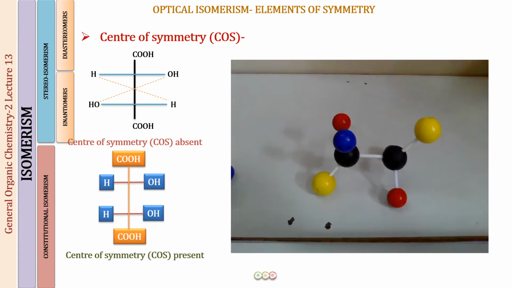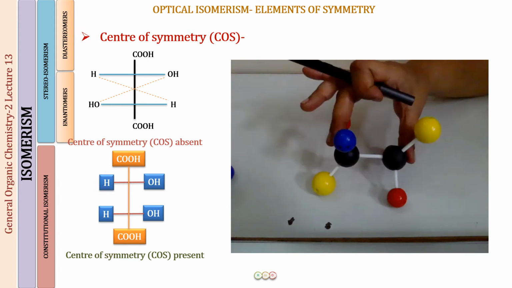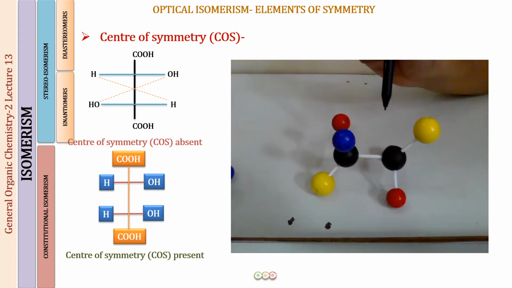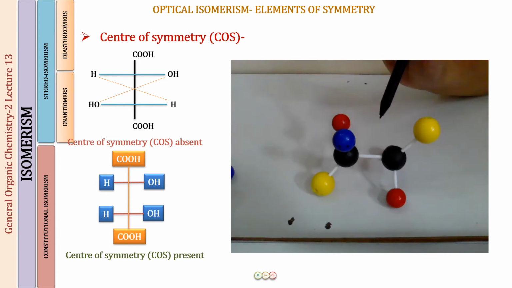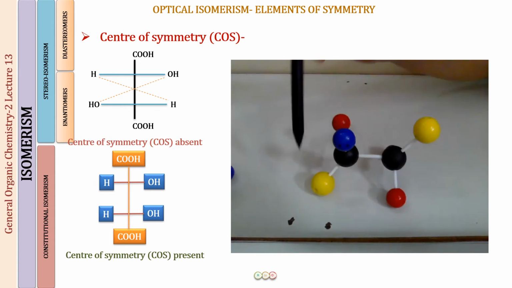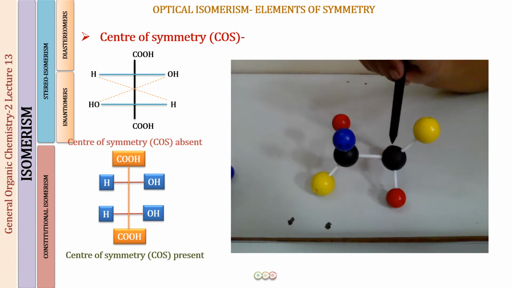A free rotation is possible, and this one and the original one, what you saw, were the two conformations for the same molecule. So again, conformational isomerism is one thing that we still have to study, but now over here, this is the same compound that we were talking about, just the two conformations for that. And here, this is now the point of center of symmetry. This side a yellow ball, the other side a yellow ball. Here you have a blue ball, just go backwards the same distance, you will find a blue ball, and this way a red ball, and the opposite way a red ball.